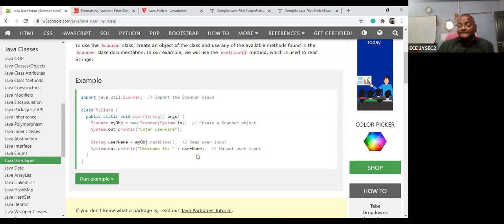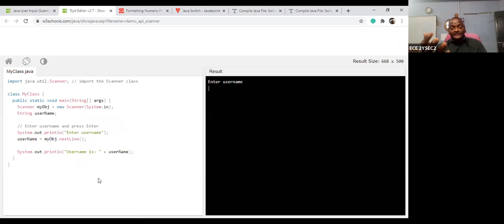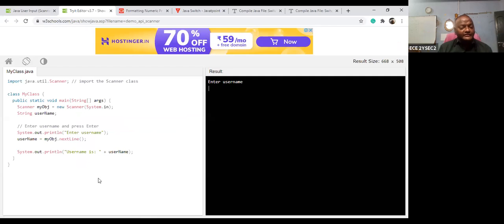This username can be displayed. I will run one example. The first thing is enter username. Now I am entering Dr. Madhav Rao, CH.